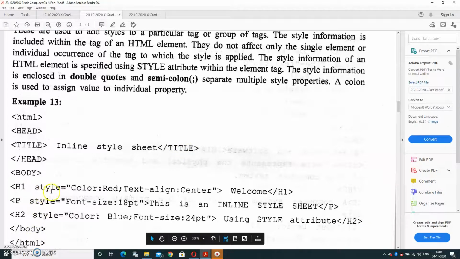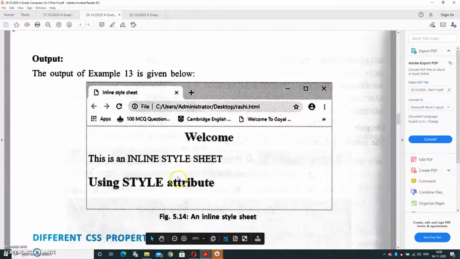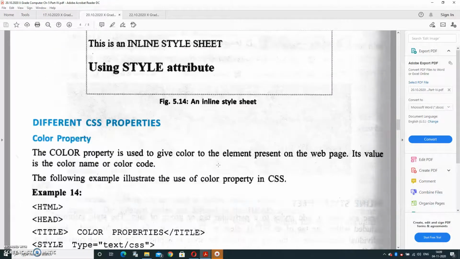for heading 1, we have applied the style: the color will be red, the text alignment is center, and afterward we have contained the data and closed H1. Paragraph, inline means within one line. In double quotes we write all the styles, and the colon is for separation. Semicolon is used for separation, and double quotes are for applying the styles. And third is H2. Afterward, when you write the code, the output will be in this format only. It will apply on the same line or same header, not for all.